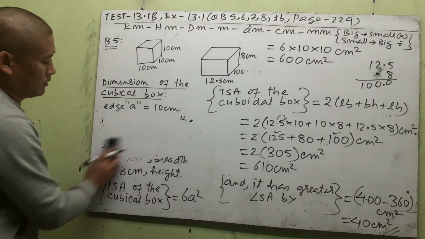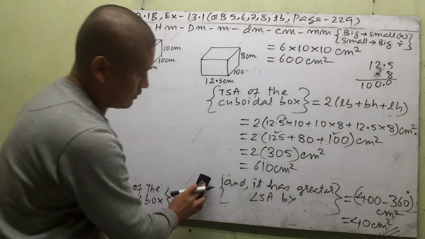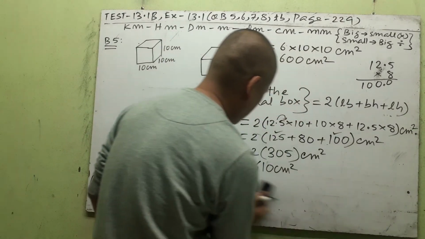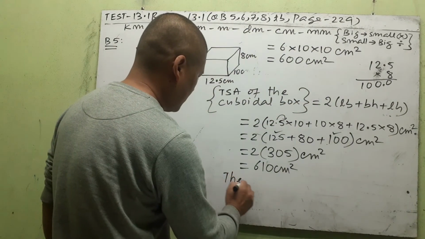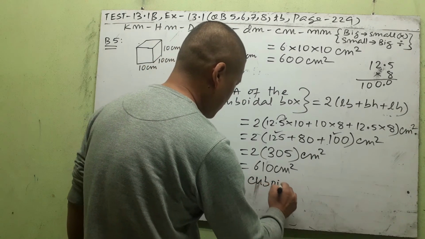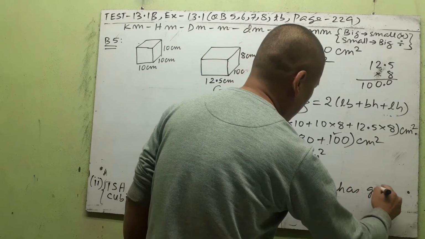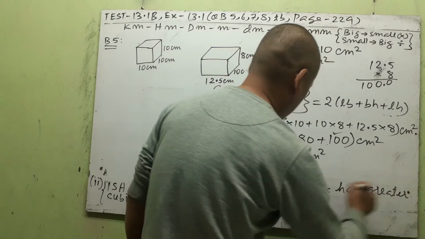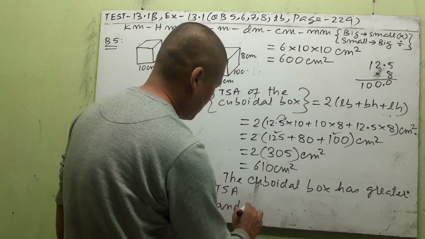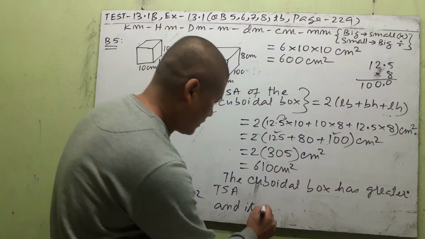So your answer is, which one has a greater total surface area? So your answer to that is, this time the cuboidal box has greater total surface area, and its total surface area